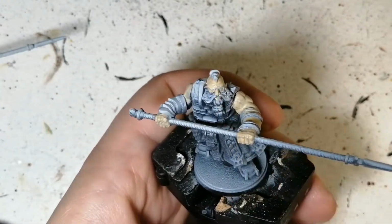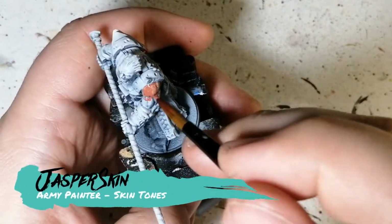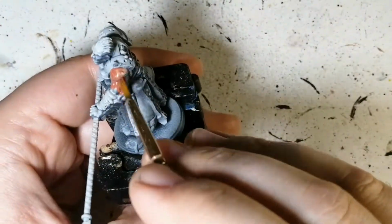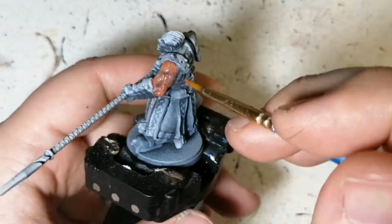I'm actually going to be showing these ones though painted, as I go along, with contrast paints. Jasper Skin is next. This has a bit of a pinkish red hue to it. This one, as you can see, is much more